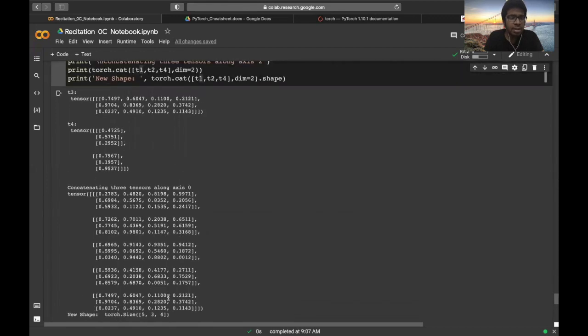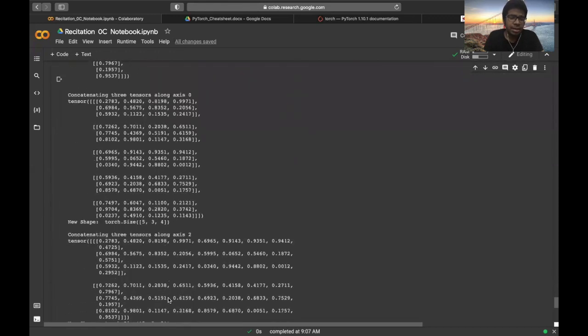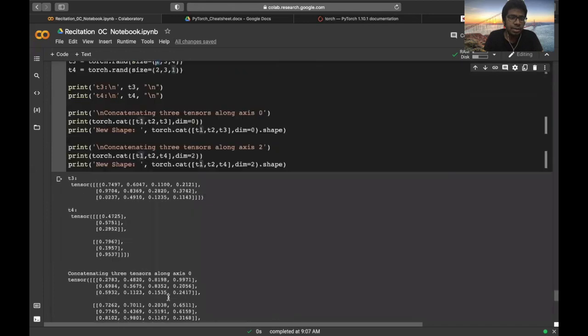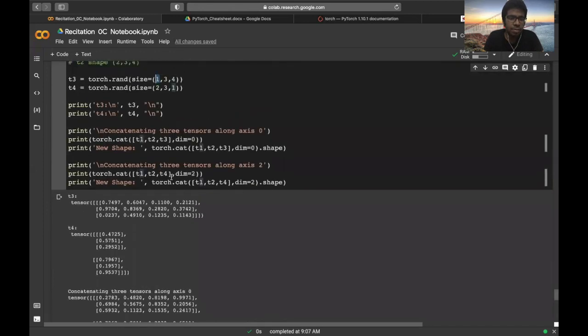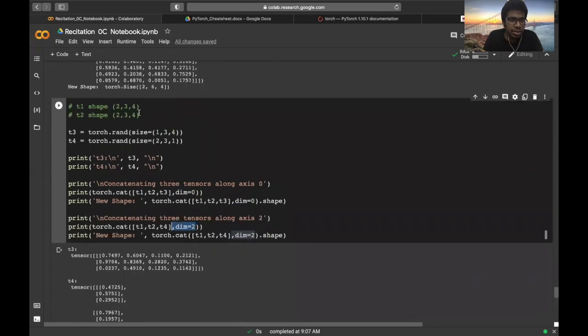The same holds for the second example, where you're concatenating T1, T2, and T4 along dimension 2. Here, dimension 2 is 4 for T1, 4 for T2, and 1 for T4. So as I told earlier, the dimensions apart from the one you're using for concatenation should be the same.